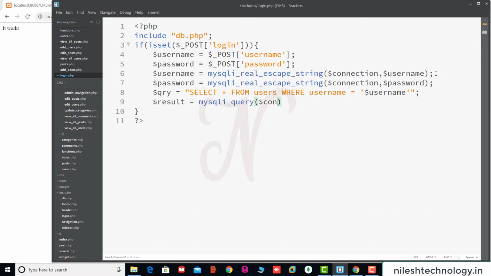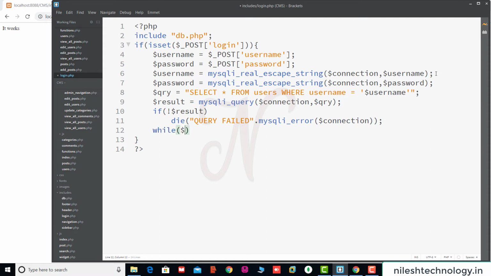Pass here the connection as well as the query. Okay, so if the result has failed, then we display die with the error message query failed, and here we pass the MySQLi error message. This is the connection. If your query has successfully executed, then it goes to this while loop.